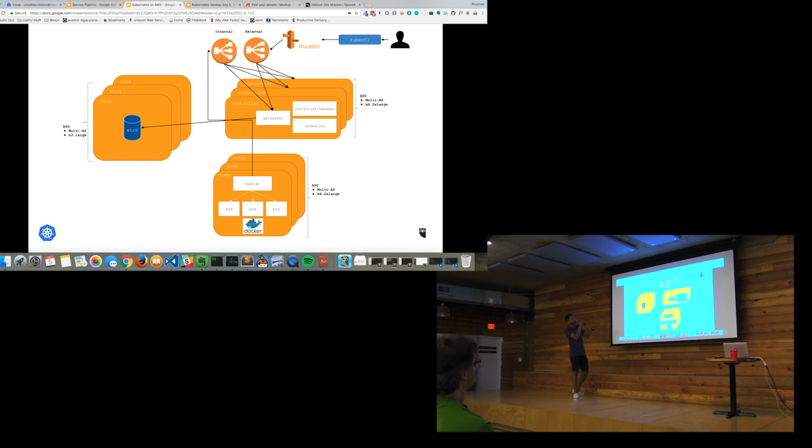Then we have these 2 elastic load balancers. One's an external load balancer, one's an internal load balancer. There's a reason why there's 2. The external one is to access from the office for operators and so on. They can actually access the Kubernetes API using that. And the internal one is for exposing the internal Kubernetes components. So the kubelet for all these nodes accesses the internal load balancer.